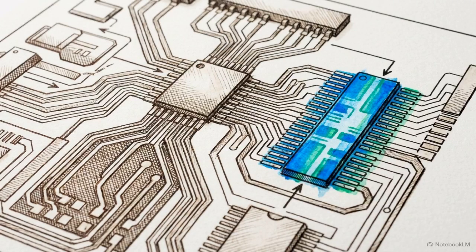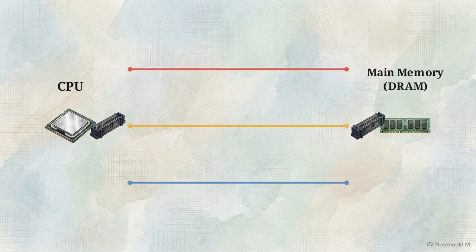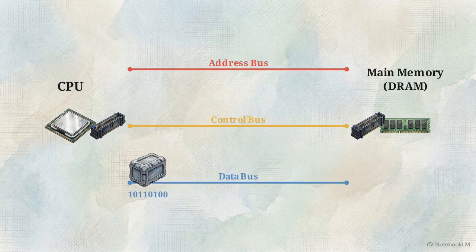for every operation. Looking at this abstract motherboard topology, we can see a literal spatial gap separating the central processing unit on the left from the main memory, or DRAM, on the right. They are connected by 3 parallel geometric pathways, called buses. When the CPU needs data, it asserts a specific binary location on the address bus to target the exact block in the DRAM. Simultaneously, it uses the control bus to dispatch physical synchronization signals, explicitly telling the memory to execute a read or a write. Once targeted and commanded, the DRAM pushes the requested raw electrical payload back to the CPU across the bidirectional data